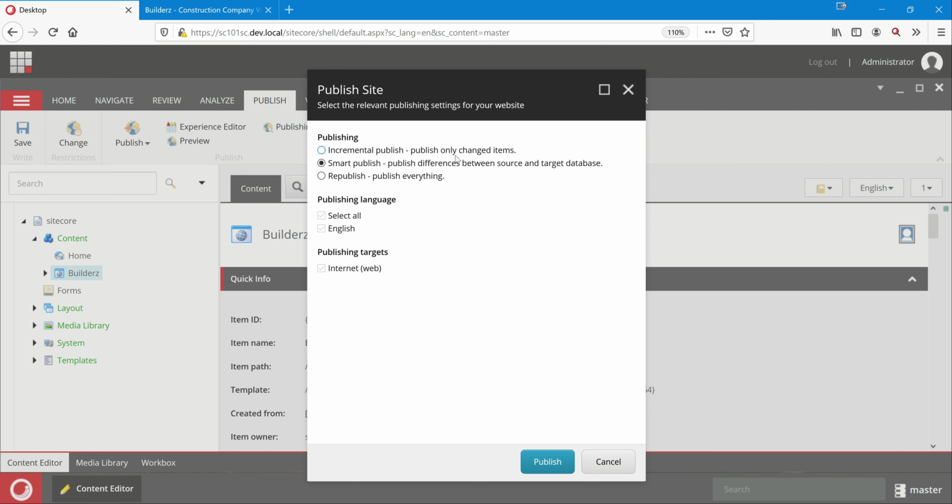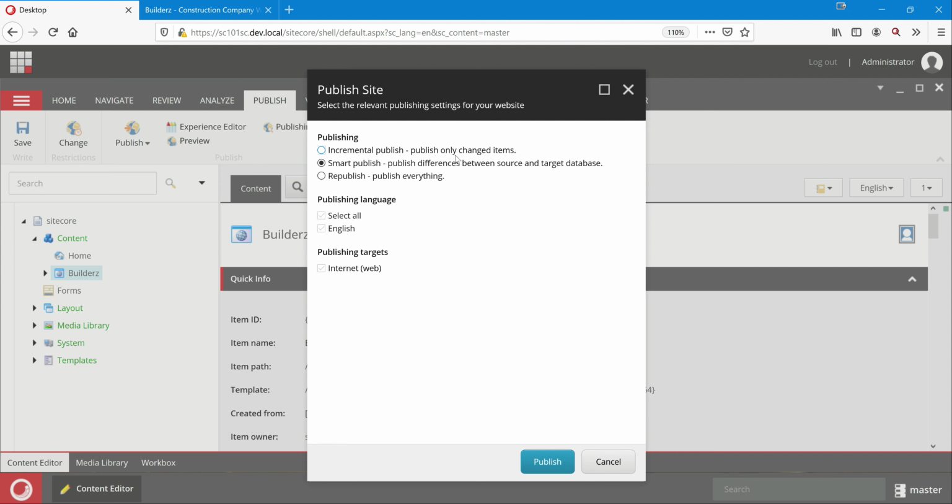So how does it track? Sitecore has one table called the publishing queue. Whenever a new publish happens, that publishing queue gets cleared. Just imagine that after the publish happened, whatever item is changed or updated, Sitecore keeps track and makes an entry into the publishing queue table.